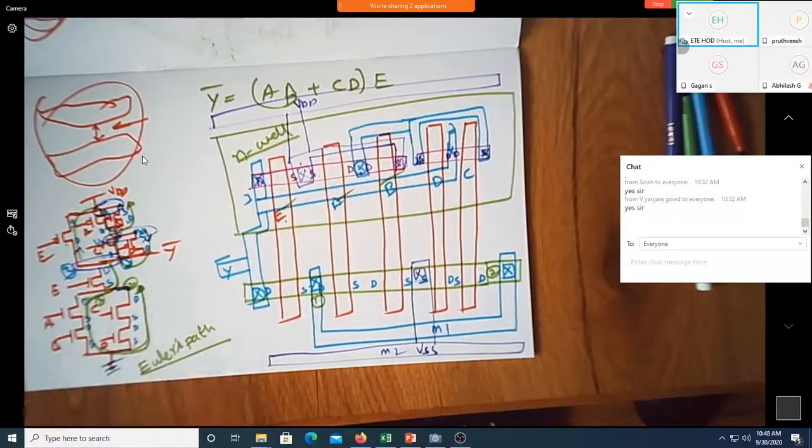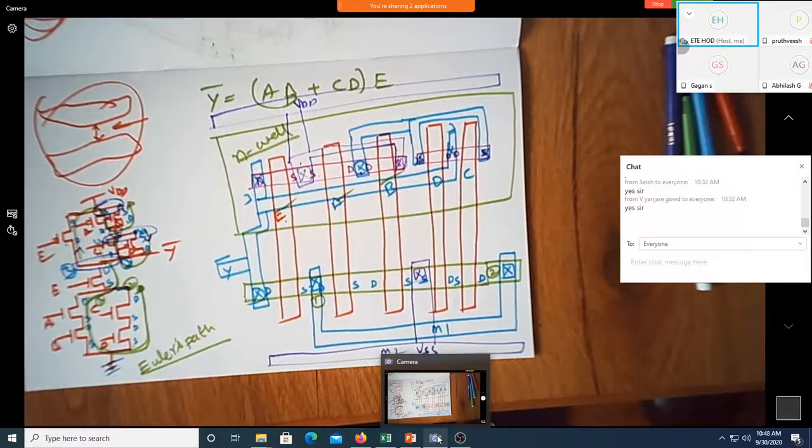Sir, I have one doubt, sir. I will share one photo. In that, I want an explanation, sir. Where do you share? Where do you send the photo? What photo? The layout.